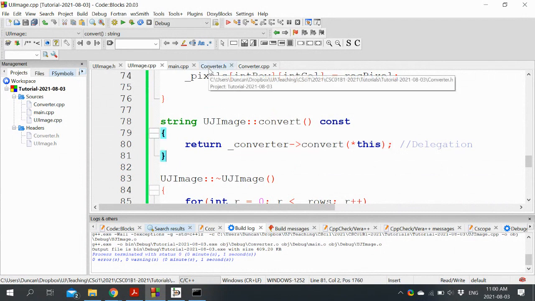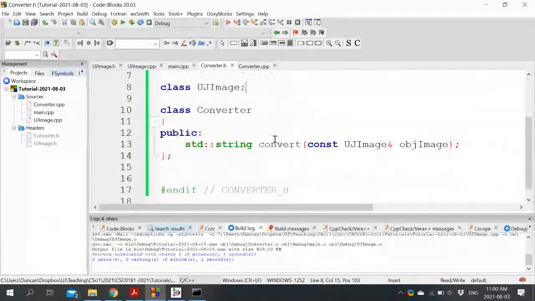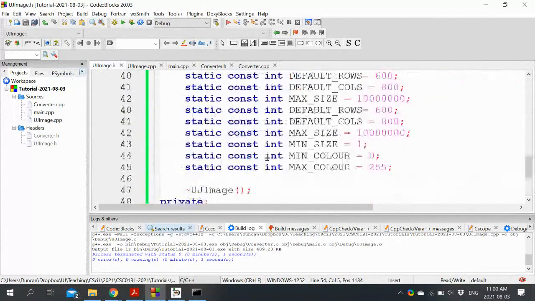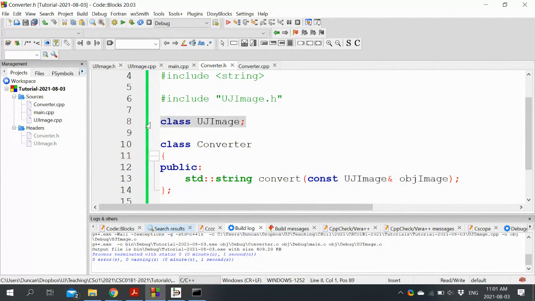We deliberately made a cyclic dependency, in the sense that the converter needs to know about a UJ image, and the UJ image needs to know about a converter. So to solve that problem, we had to use forward declarations to promise that we would implement a converter class later, and likewise to promise that we would implement a UJ image later to break the cyclic dependencies.